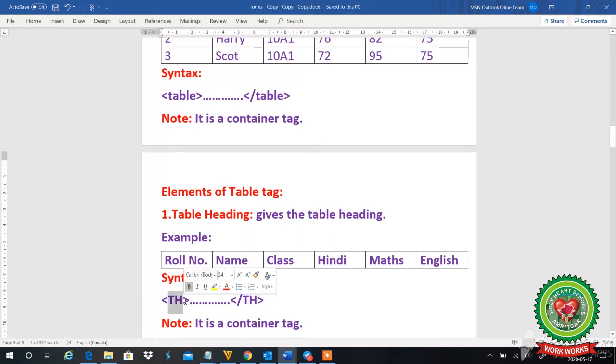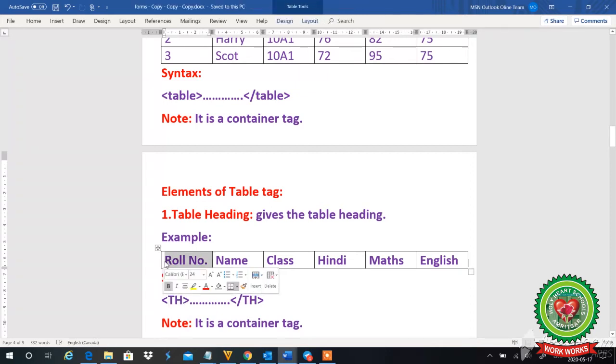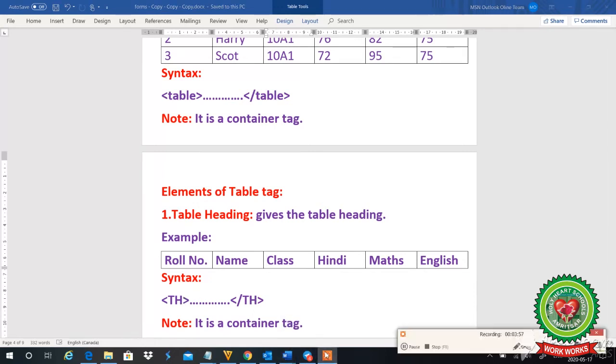TH means table heading. We will start the TH before the roll number and close it after the roll number. Again we start before the name and close after the name, and so on. We open the table heading tag and close the table heading tag. That's why it is a container tag.